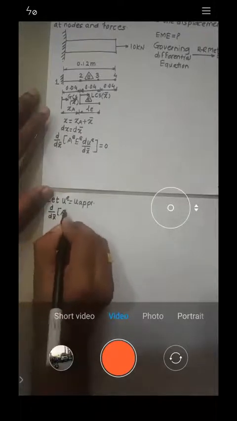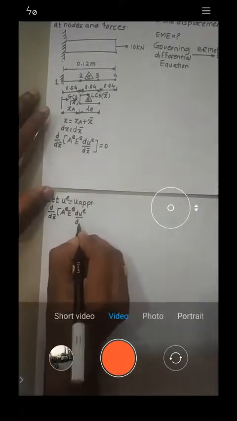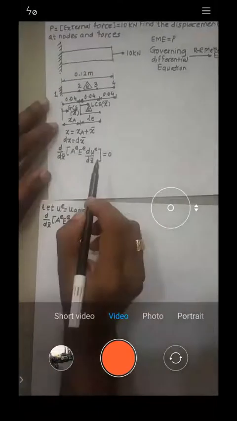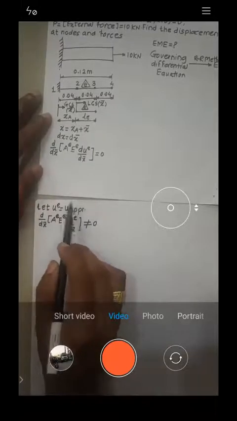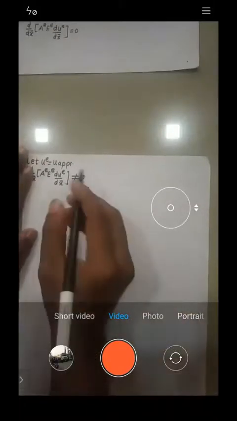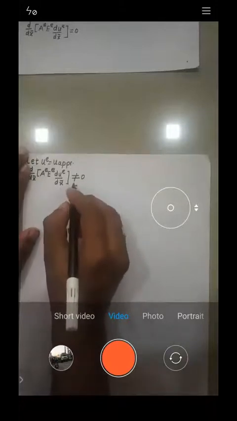If you scroll back to the last lecture, you can understand; initially we write this as an approximate solution. So d by dx bar of AE EE du E by dx bar will not be equal to 0. You wrote it as equal to 0, but when you write the approximate solution, the right-hand side is not equal to 0. We call this term a residue. Understood? Yes or no?